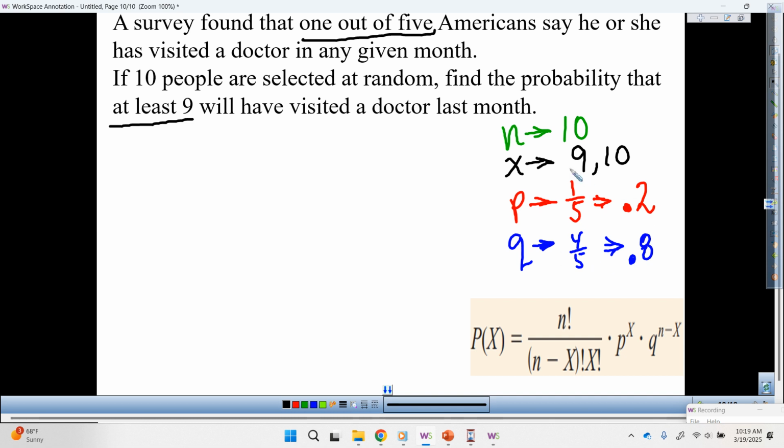Therefore, what are we focusing on, Mr. Q? We're focusing on P of 9, and then we're going to add whatever we get from that to P of 10. That is correct. All right, so let's do this one together. Here we go. P of 9 equals factorial